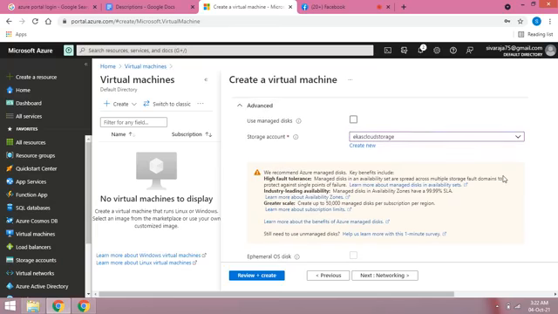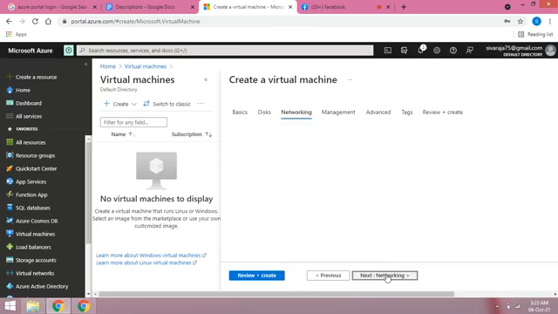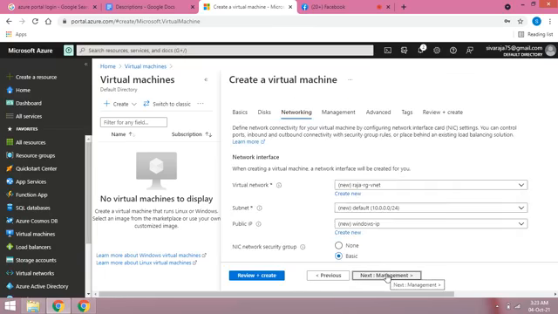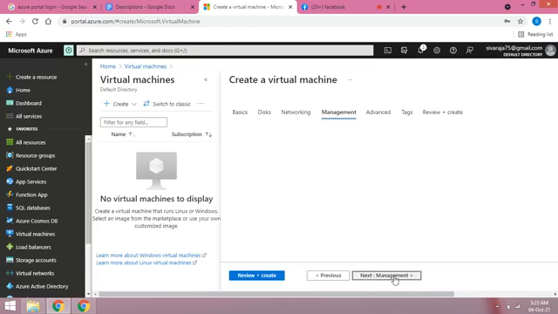Next, this is a default. You can read these things to get some ideas, otherwise leave this one. Next, these are default options, we follow next.